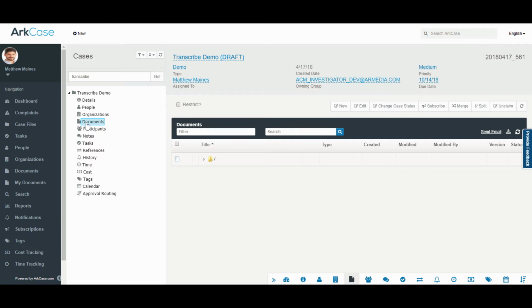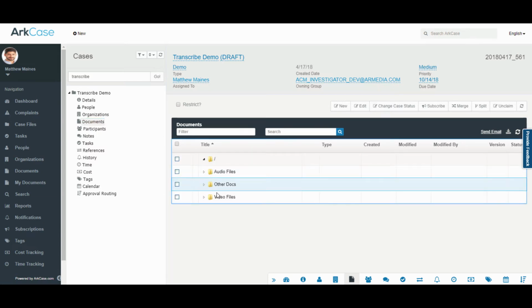Today we're talking about MP4s and WAV files. We use those as an example. But once again, you can upload any other types of formats. So we're going to go ahead and take a look at this folder structure. I went ahead and created a couple of folders, one called audio, one called video. And we're actually going to go ahead and upload a video and an audio file today and show you what